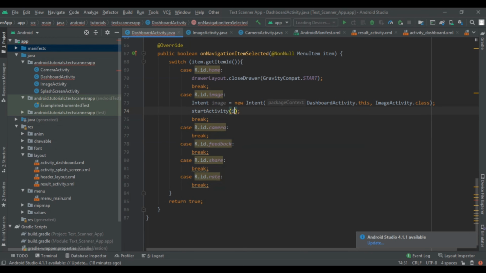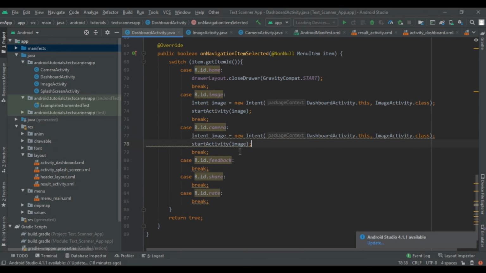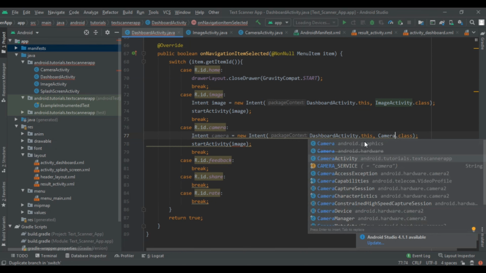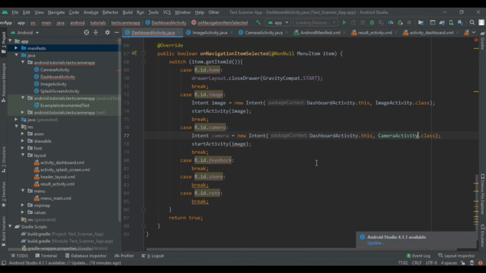So here we have started the image activity, and then copy this same code and paste it in the camera case, change the intent name to camera, then to CameraActivity, and startActivity camera.